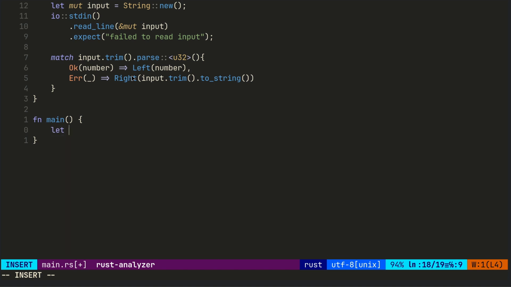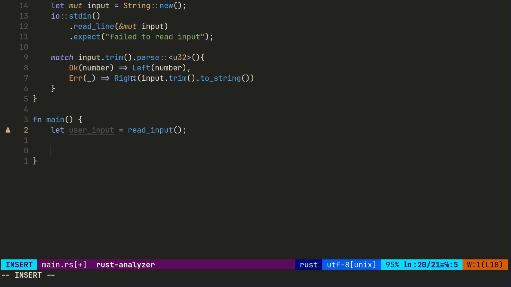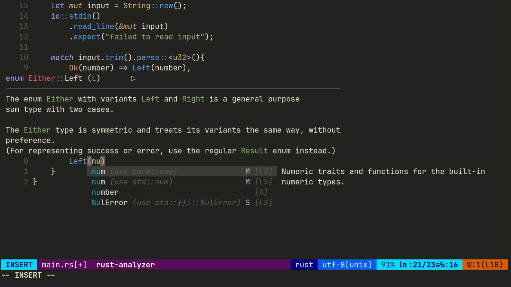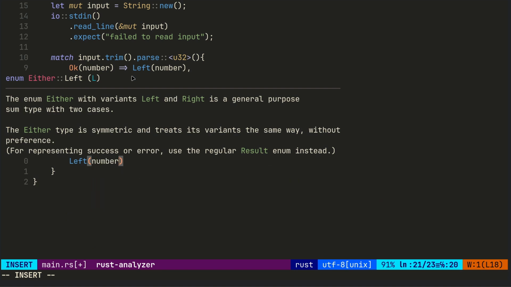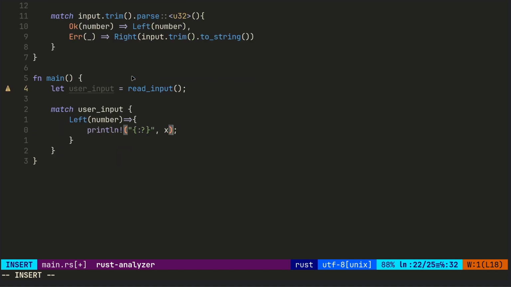Okay. So this is where we'll actually use the function. So we'll say let user input equal read input. And now we need to do something with it. So we'll do match user input. And if it matches against the left, number, then we'll just print number, and we just say